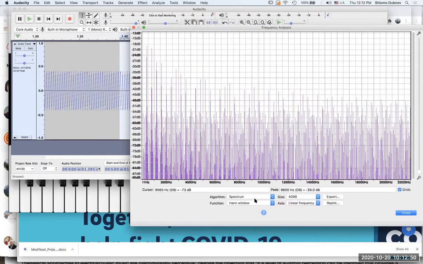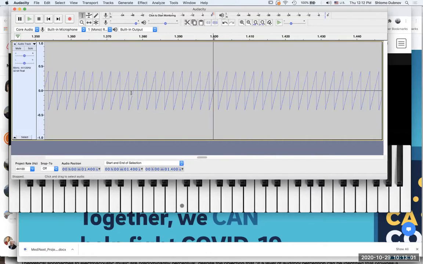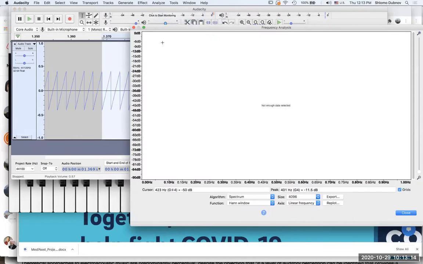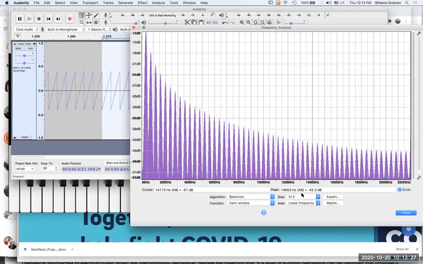Since I think I didn't do this carefully, let me redo this. I'll try to be careful to grab really a period. I'll start in a place and end exactly, so I get minimal artifacts. Analyze, plot spectrum. Okay, that looks good. Even then, it's not a perfect image,